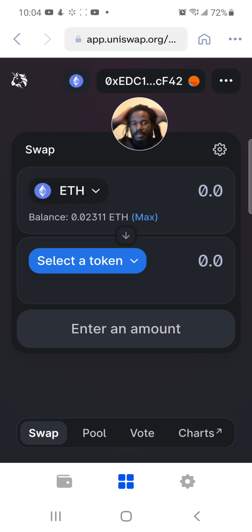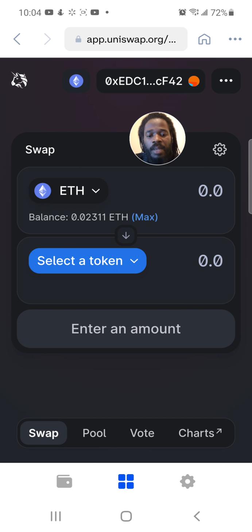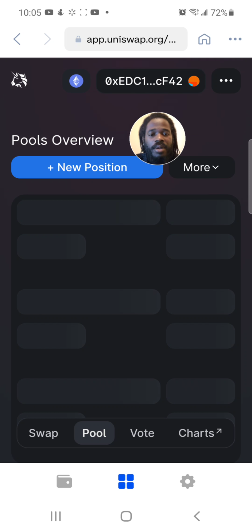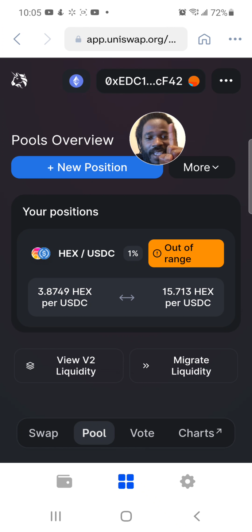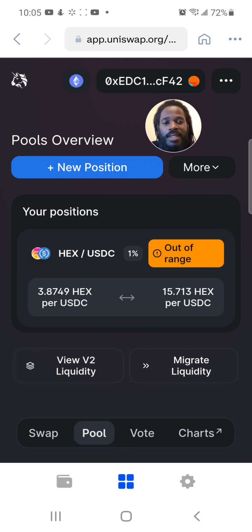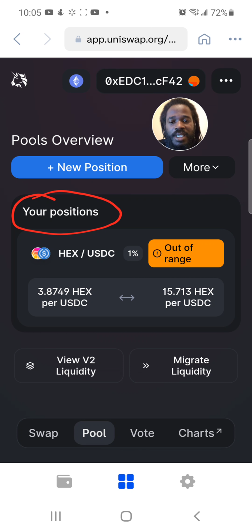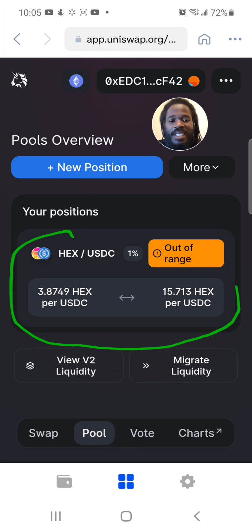And what I did was I created a liquidity pool. So right when I get to Uniswap, you don't see anything. And I'm gonna go right to my liquidity pool. I'll click on the pool tab at the bottom. All right, I'll press it with my finger. And you can see my pool, it's right there. It shows my positions, and what do I have in my positions? I have HEX and USDC in my 1%